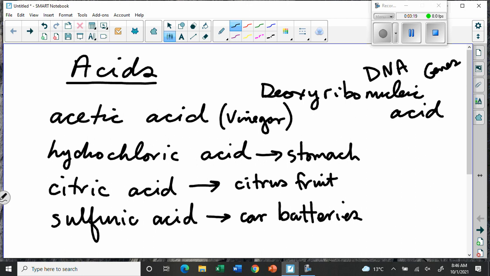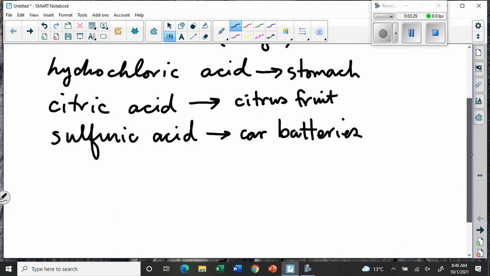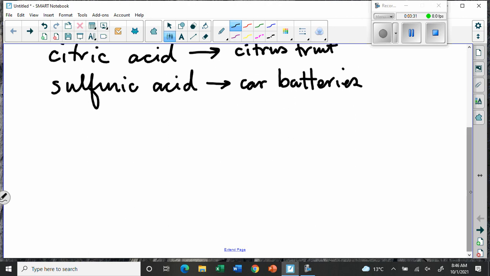So what I'm trying to show you here is that acids are found all over the place, and they do all kinds of interesting things. So let's see if we can figure out what an acid is. Well, I'll tell you, there's a number of different ways of classifying acids. And in grade 11, you will learn the different kinds of official ways to describe them. But we're going to just try to look at them from their behavior point of view.